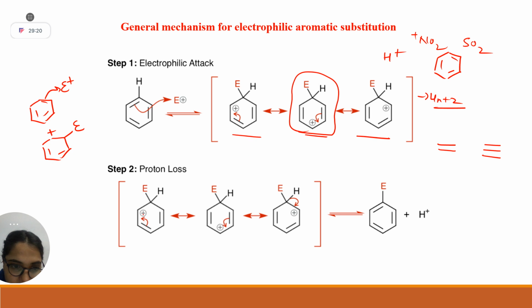So, at last, after going through all the resonance stabilization, now this carbocation is there. Now, two things are possible. External nucleophile can attack, but it will not do this because it has to regain its aromaticity. So, what it will do, it will undergo proton loss. Proton will go like H plus and will leave negative here, right? And you will get your aromatic ring back with one of your hydrogen replaced by electrophile. So common mechanism is clear.